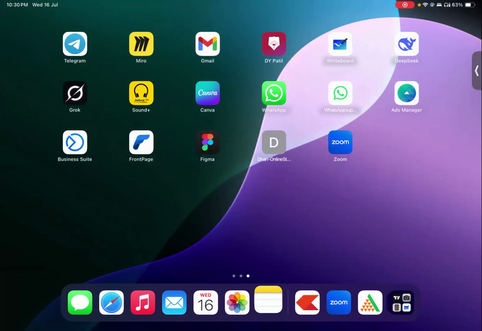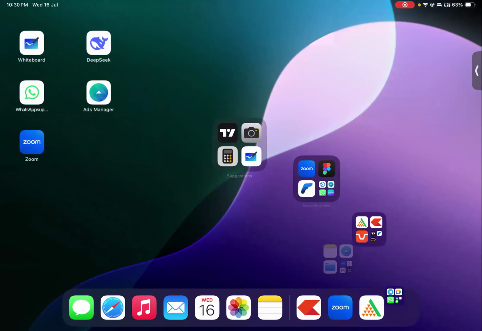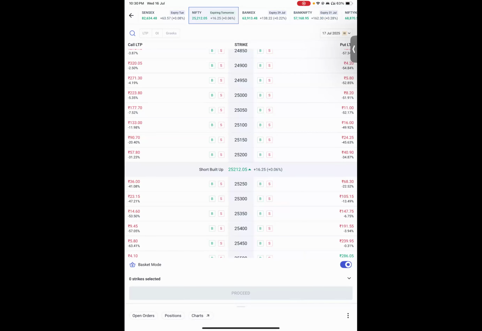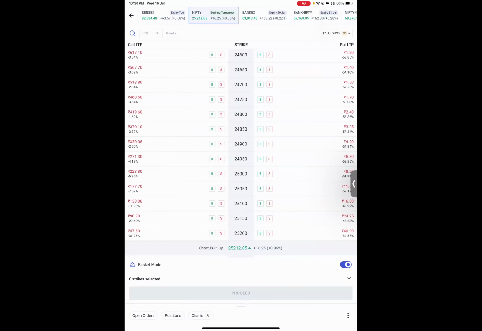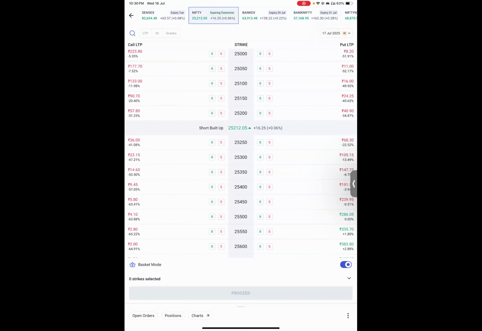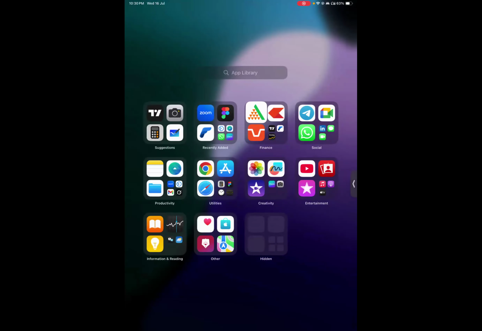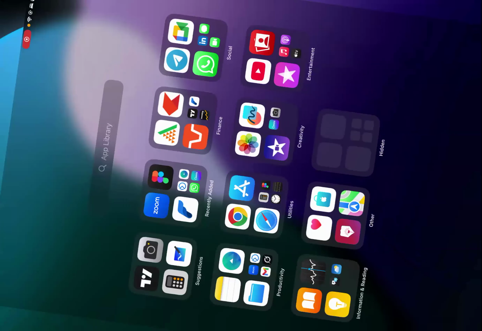Let's try to understand this practically. Look at the top right corner. There's a date written over there, 17 July. Can you see that, everyone? 17th July is the expiry date for the Nifty. That means on every Thursday